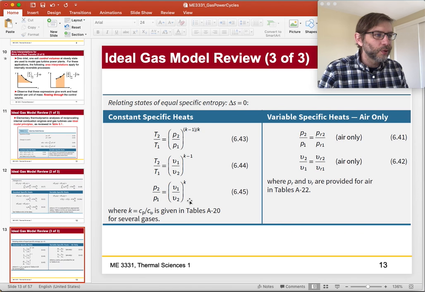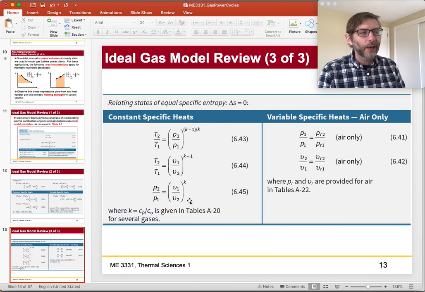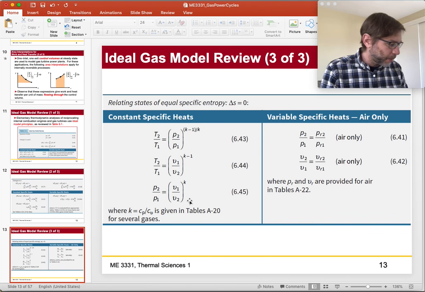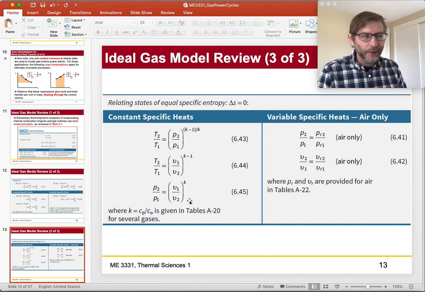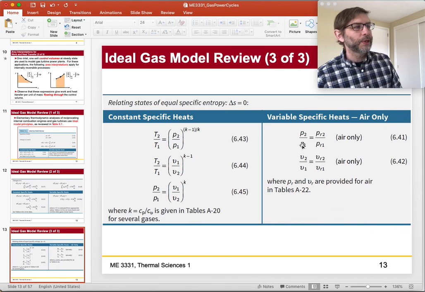So you can do T2 over T1 equals P2 over P1 to the (k minus 1) over k. And I'm actually going to do a quick example of this for you when it comes to the next cycle. So don't get hung up on it, but if you have variable specific heats, you need to use this P2 over P1